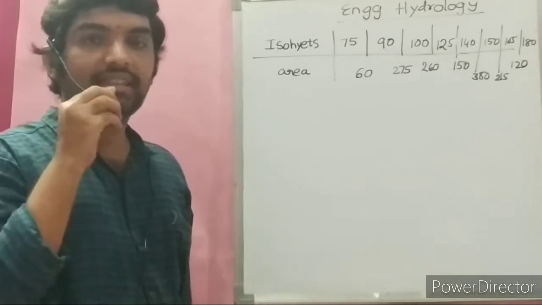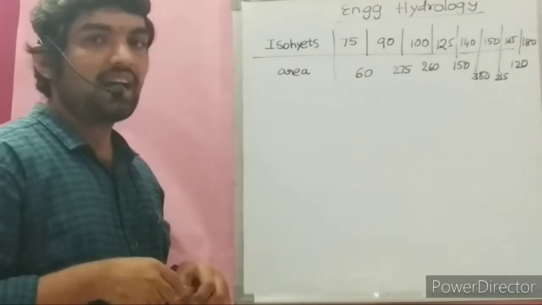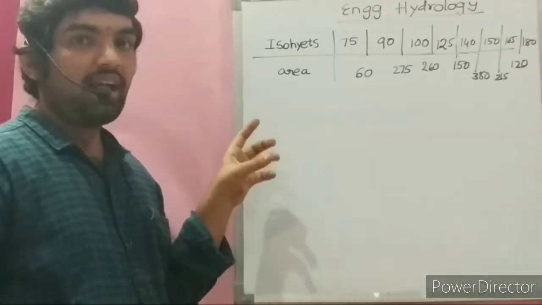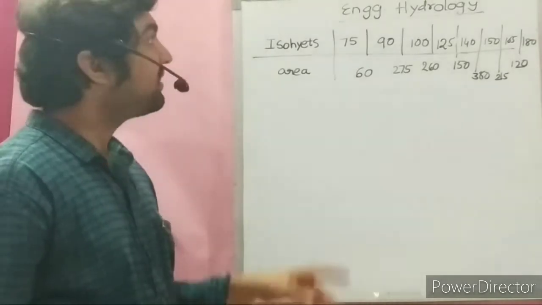To the video lecture series on hydrology. This is the third lecture on engineering hydrology. Last class we have seen the calculation of average rainfall over the entire catchment, where we have seen this